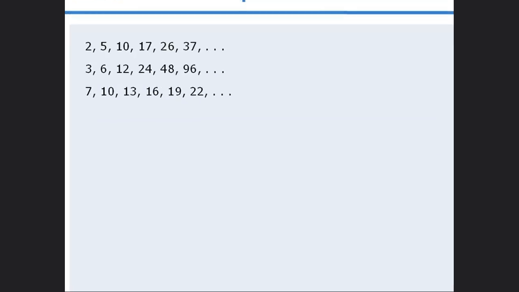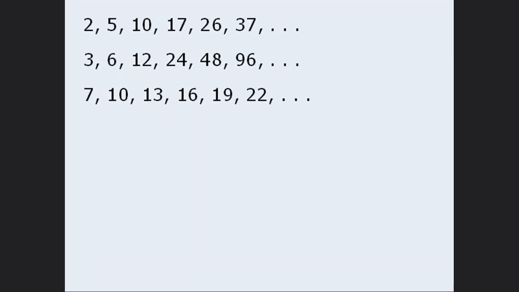In this lesson, we will take an introductory look at sequences such as the 3 shown here. For the purposes of this lesson, we will say that a sequence is simply an ordered list of numbers. Now, as you can see, these 3 sequences each have dots at the end, which indicate that each sequence continues indefinitely. While it's true that not all sequences go on forever, you will find that the sequences found on the